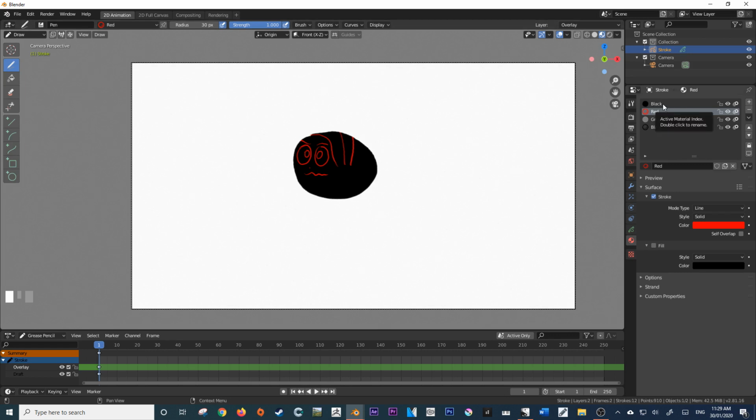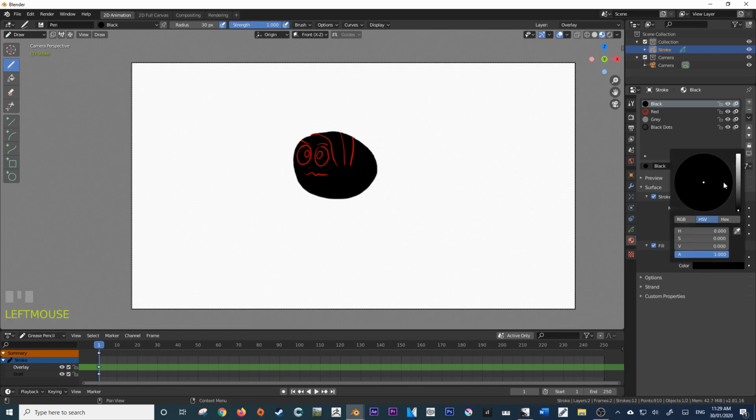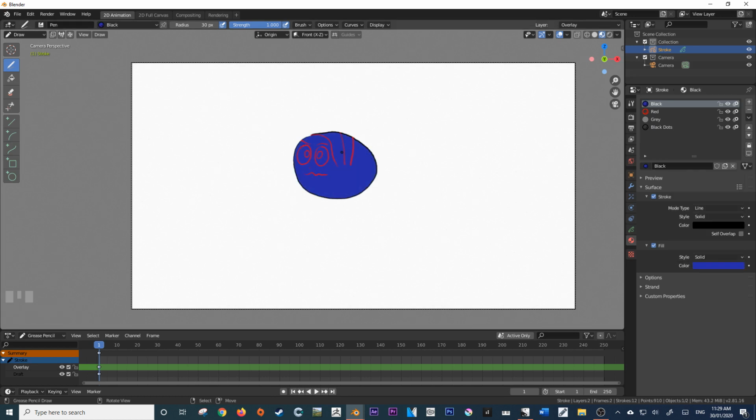And essentially, you have to create a new material for each color that you make, because you can't update the colors. So if I was to change this fill color, for example, because I want to start a new fill over here and I want it to be blue, and I go, okay, I've already got a fill here. I'm just going to select that and I'm going to make it blue.